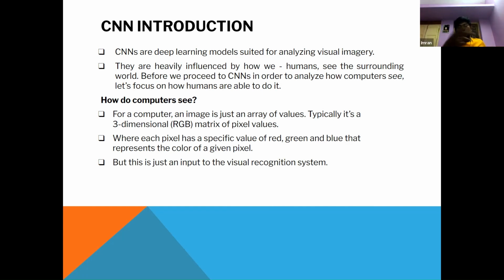Based on the red, green, and blue values, these are the primary colors to get a color. Every image will have red, blue, and green values in nature. So based on the image, it will assign the values to the image matrix, and then